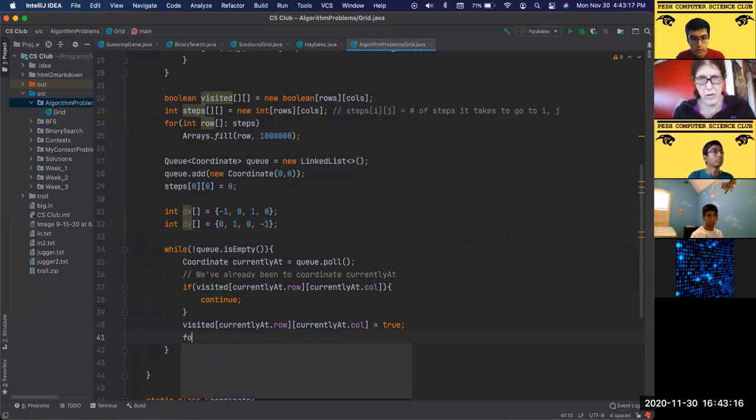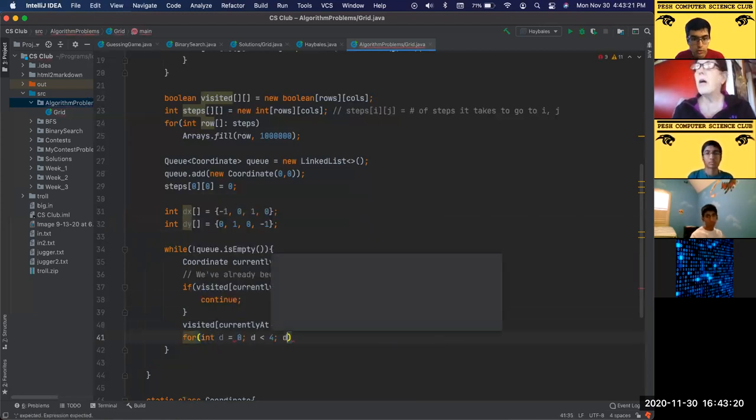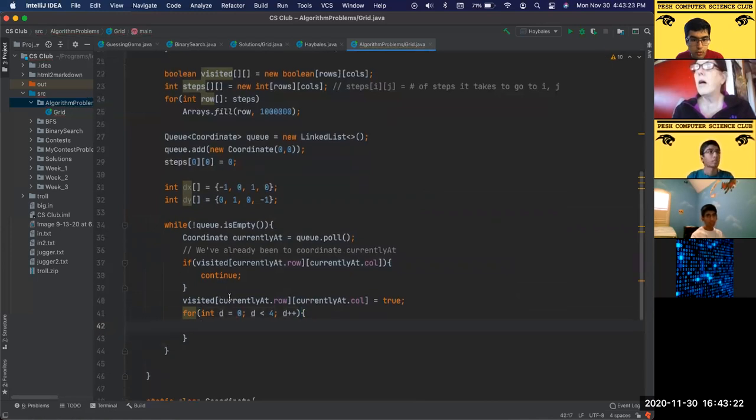So now what I'll do here is I'll go through each of these 4 directions that I can go through. So for int d equals 0, d is less than 4, d plus plus, I'm going to say new row. So this is the new row. And I'm going to have 2 variables for the new row and column that I'm going to move to. So new row is going to be equal to,